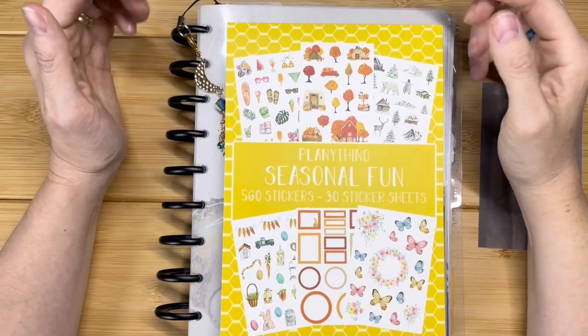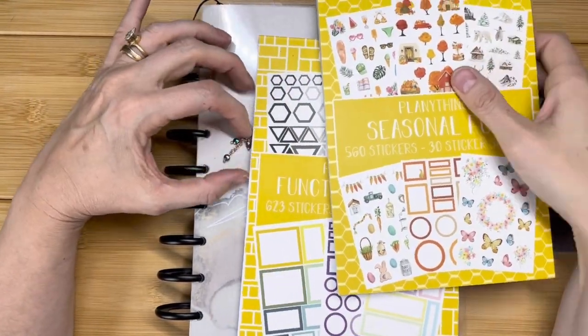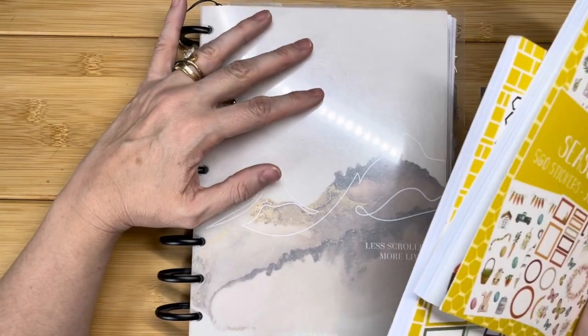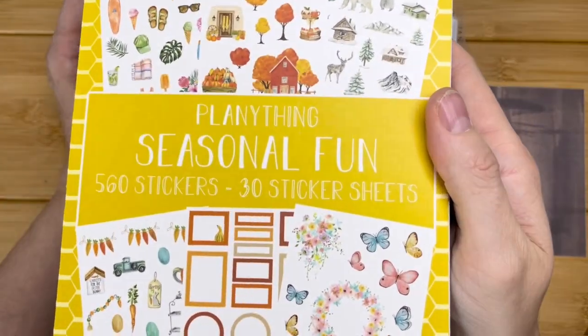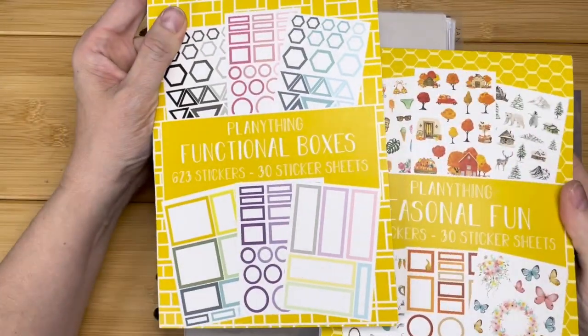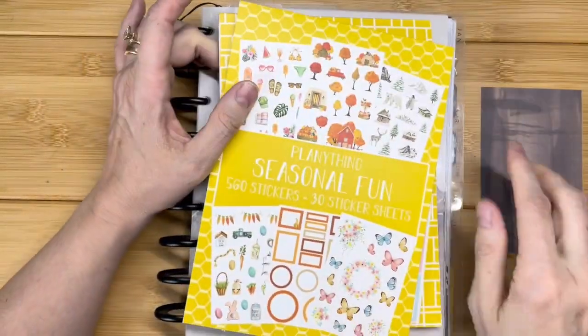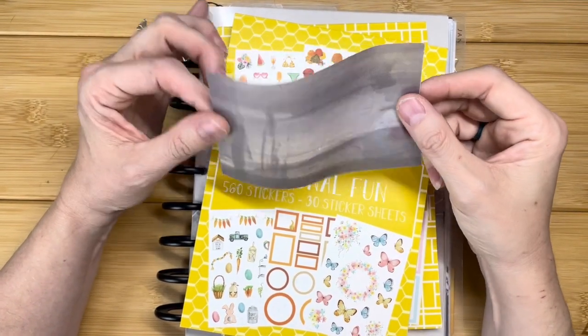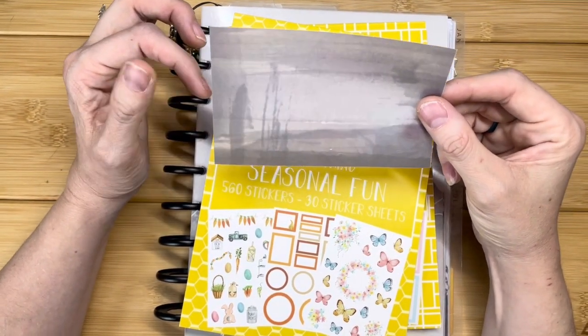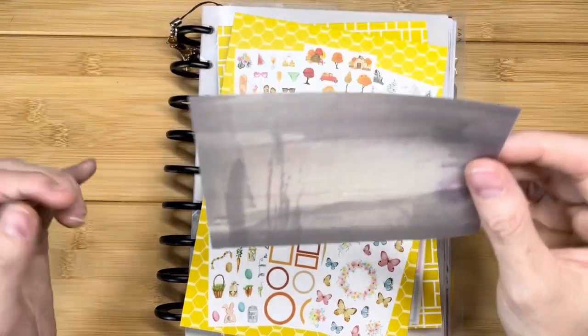I am Michelle Dawn. Today I am decorating my VillabeauTIFFul lined vertical planner, and I will be using Planning Things seasonal fun sticker book and functional boxes, as well as some vellum paper that came in the darkness kit from VillabeauTIFFul